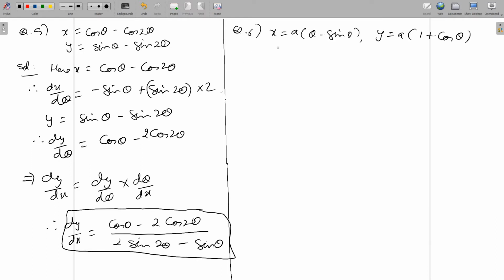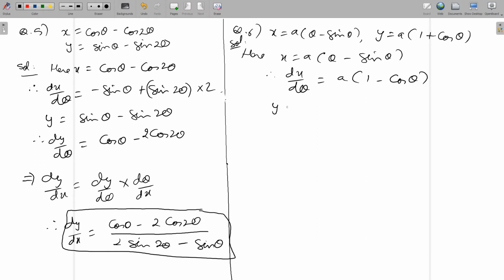Question number 6. X equal to a into theta minus sine theta, y equal to a into 1 plus cos theta. So here also x and y both are in terms of theta, therefore x and y are parametric form. So to find dy by dx we will have to find dx by d theta and dy by d theta. Here is the solution. Here x equal to a into theta minus sine theta. Therefore dx by d theta will be equal to a is constant as it is, so differentiation of theta with respect to theta will be 1 minus, and differentiation of sine is cos, so 1 minus cos theta,